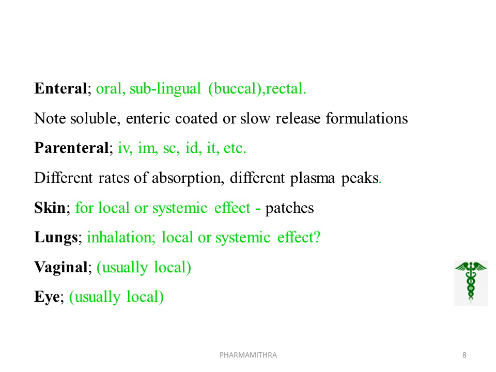Skin. In skin, it produces both local and systemic effects. An example of a skin-applied dosage form is patches. In the case of lungs, inhalation is the process carried out. Local or systemic effect can be produced. In the case of vaginal, usually a local effect is produced, as well as in the eye, where local action is produced.